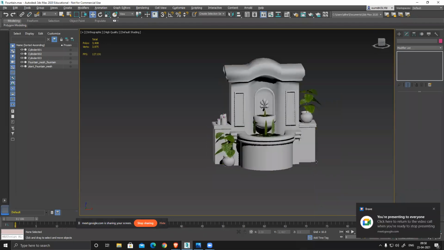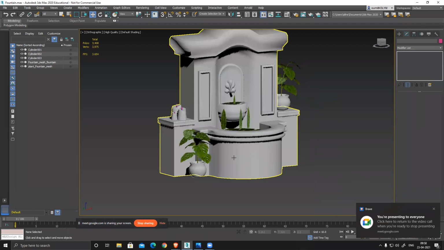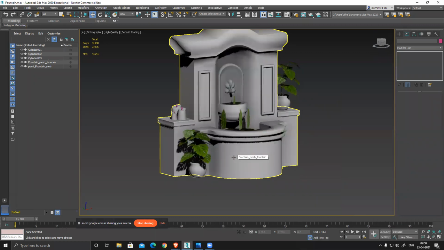So you can see my model is almost finished except those leaves. So finish your model. Compared to this, it is a pretty simple model. So focus on the shape, and wherever you need extra polygons to create a smoother or round surface, add extra polygons. And whenever you have a flat surface, reduce and optimize it and place everything nicely. You see, almost everything is ready.